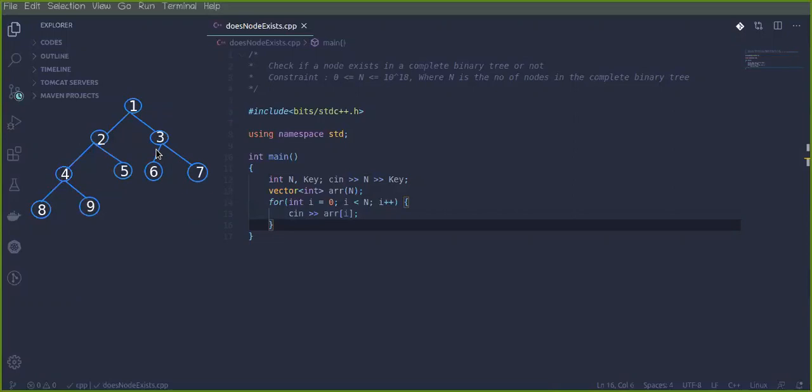So this is the question basically. In this question, you will be given the root node as one, followed by 2, 3, 4, 5, 6, 7 and so on, like this only. So now